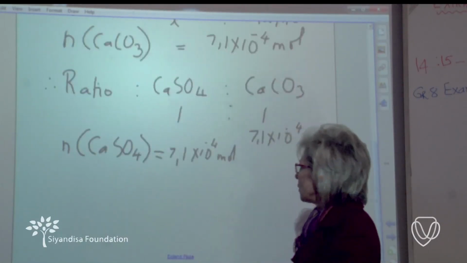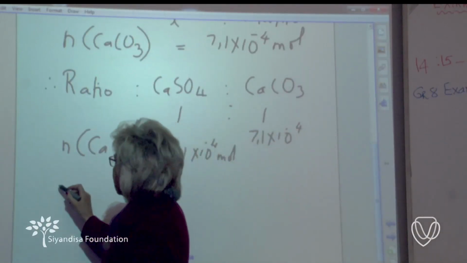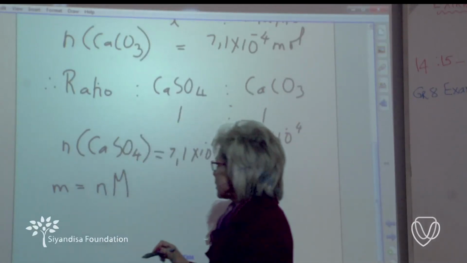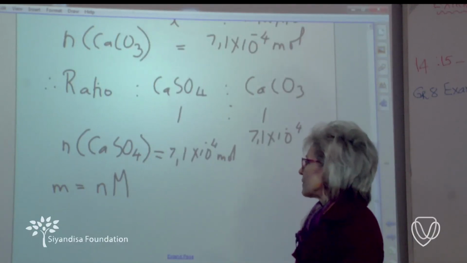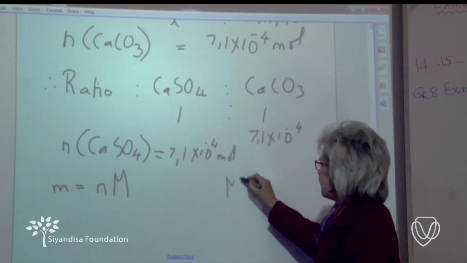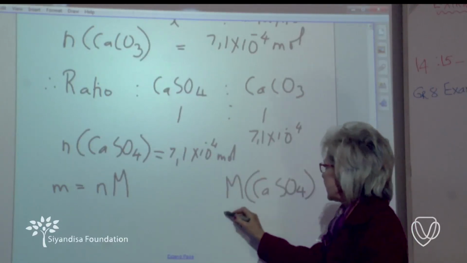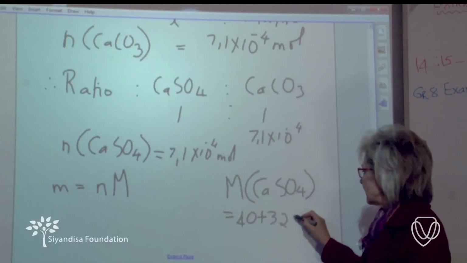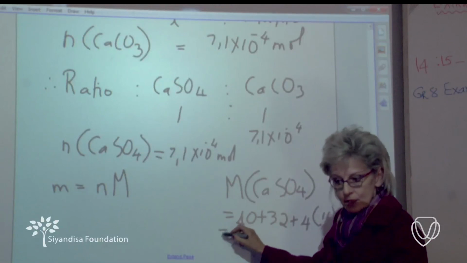And now I've only got one more thing to do. I now need to calculate the amount of mass. And mass, according to the formula on the data sheet, is amount of mole times molar mass. So first job, find the molar mass of calcium sulfate, which will be the mass of 1 calcium, the mass of 1 sulfur, plus the mass of 4 oxygens. And when you add all of that, you get